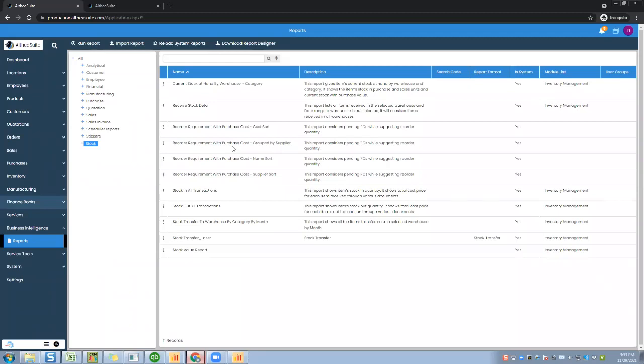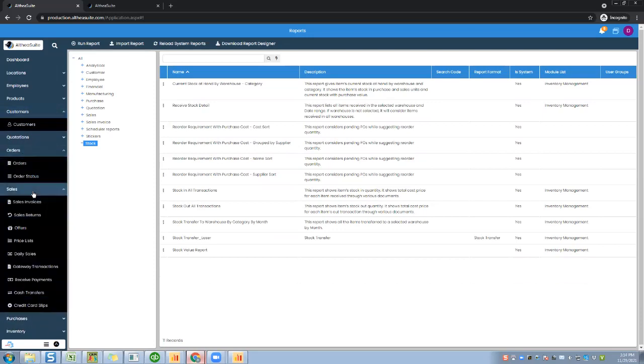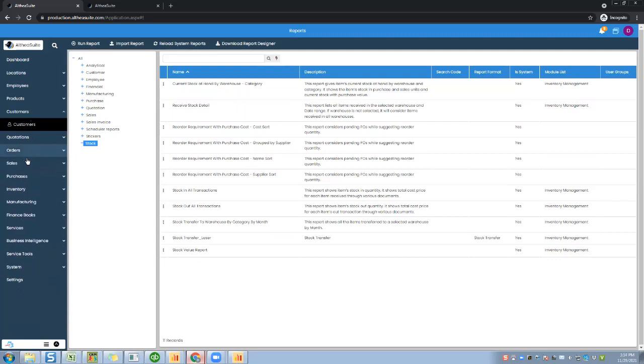On top of that, if there are any reports which you need very specific for your business, we can create them for you. Once again, there is a lot in this application. Like customer manager, ability to key in your work orders, sales invoices, create quotations with markup, margins, do complete manufacturing workflows. Based on your requirement, we will be happy to set up a demo and take you through detail about our application based on your business processes.